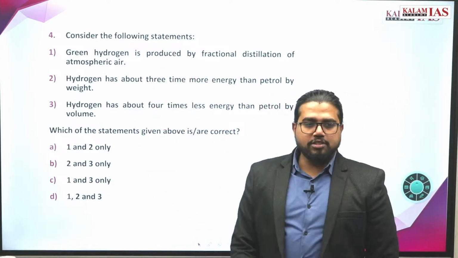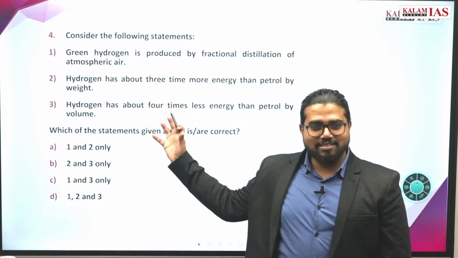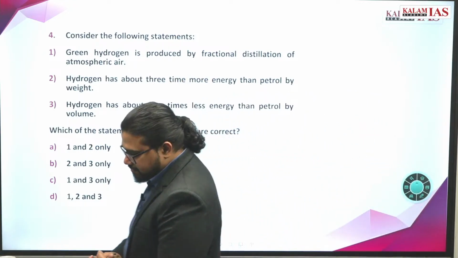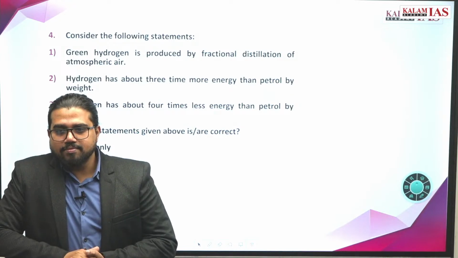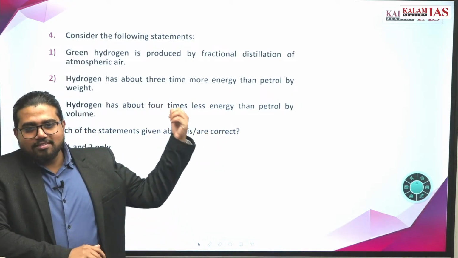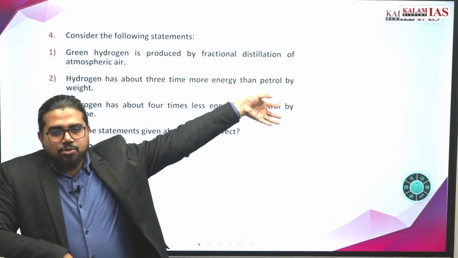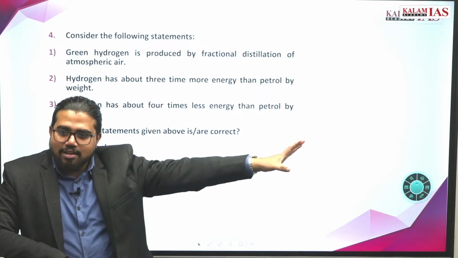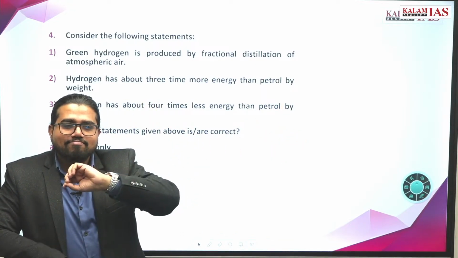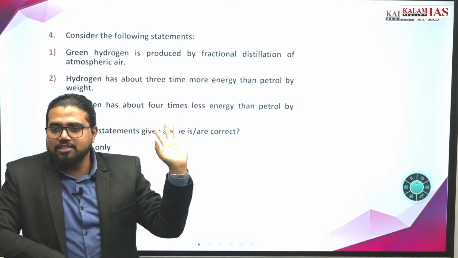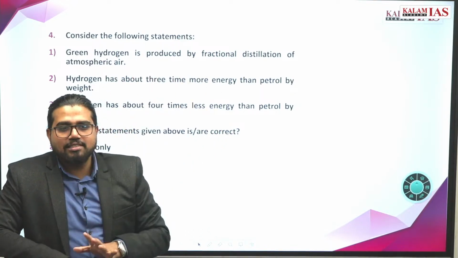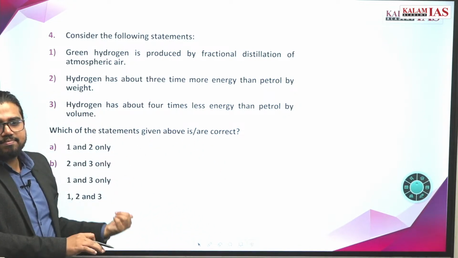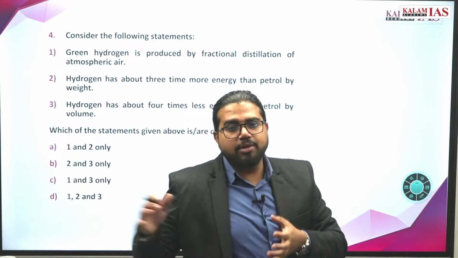Tell me how you approach this question. It's a very, very simple question. It looks complex sometimes, but ideally it is very simple. Third statement is wrong. See, the idea is, if there are 2-3 statements, pick those statements which you are 100% sure about. Pick those statements which you are absolutely right about, where you know the fact. There is no need for extrapolation. You read it and it came as a statement. Take those and then juggle with this. So here, which statement can be absolutely right or absolutely wrong?